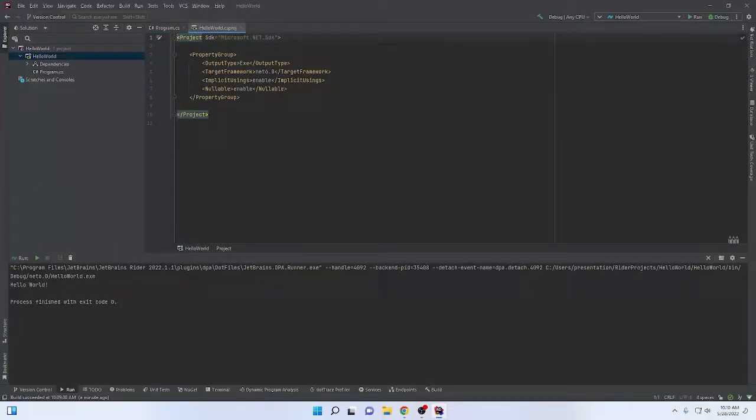This is an XML file with a number of settings here. And so we'll have the project here, or property groups. This is what it's going to output. This is our target framework, which is .NET or .NET 6.0. Implicit usings is enabled, and nullable is enabled. Those are the only other options which are set. If we set this to disable,